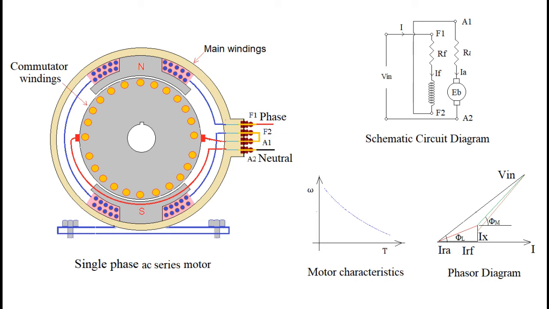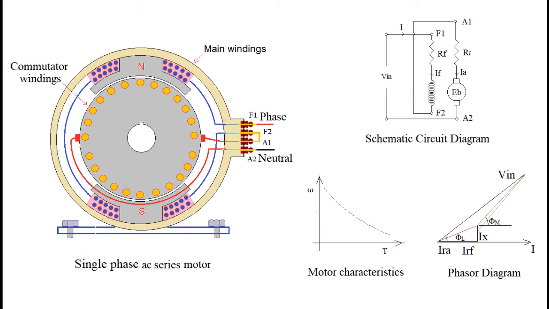The motor that we are going to consider now is the single phase series AC motor. This motor is very close in construction to the series DC motor. In fact, we may imagine that if we connect AC supply to a DC series motor, then what will be the response of the motor? Since supply is AC and connections are in series, the same value of current will flow through field winding and armature winding.